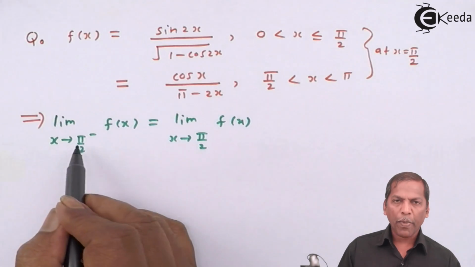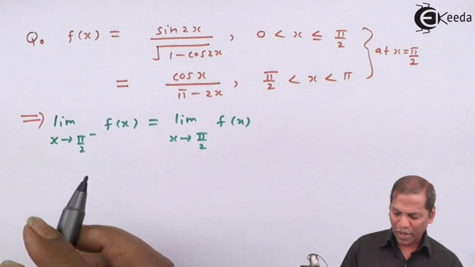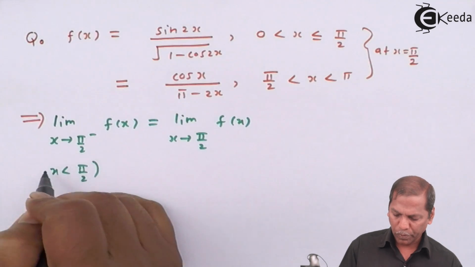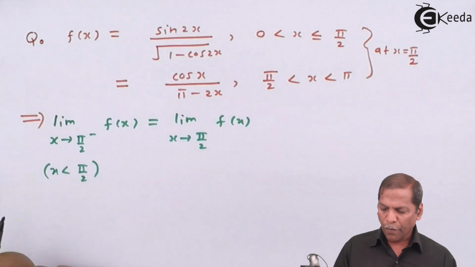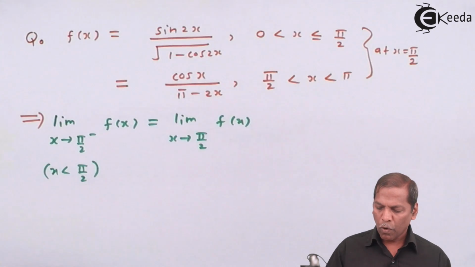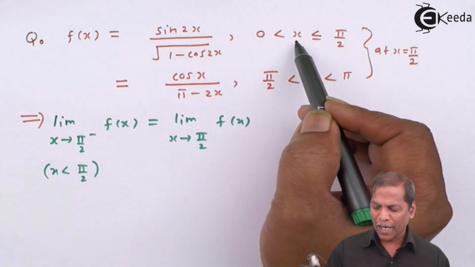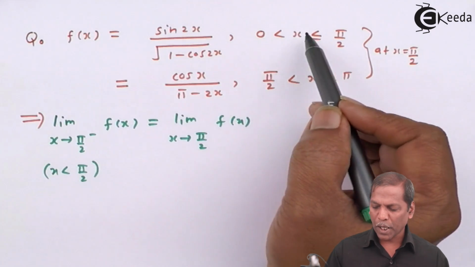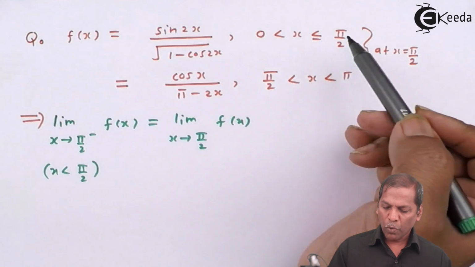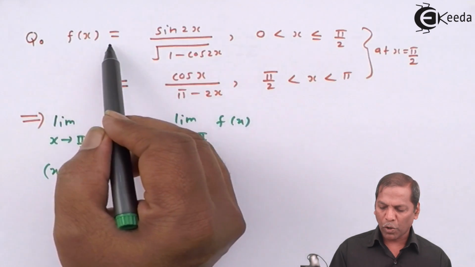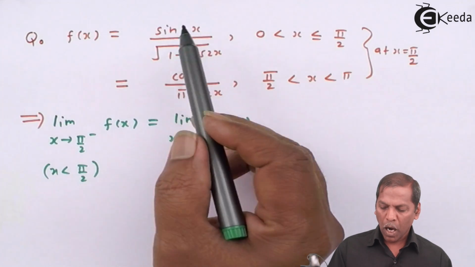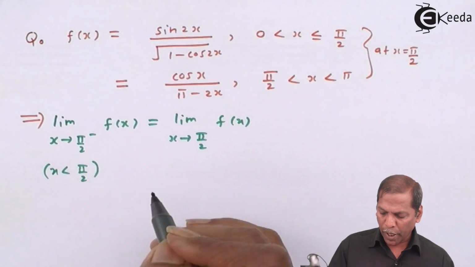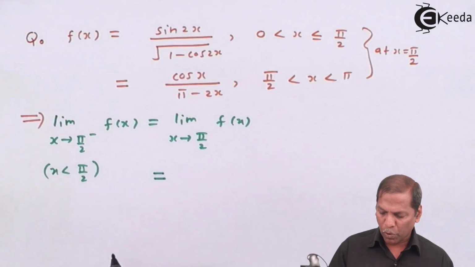Now x tends to pi by 2 minus means x should be less than pi by 2, and for 0 less than x less than or equal to pi by 2, that is x less than pi by 2, we have f of x is equal to sine of 2x upon square root of 1 minus cos 2x. So the next step will be